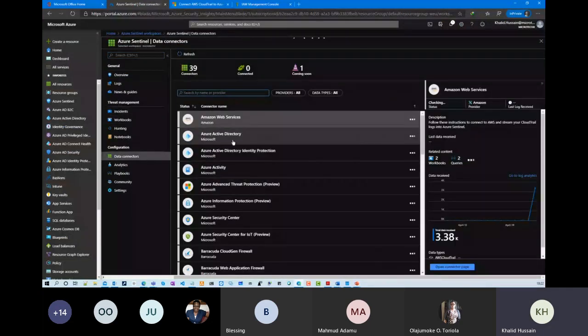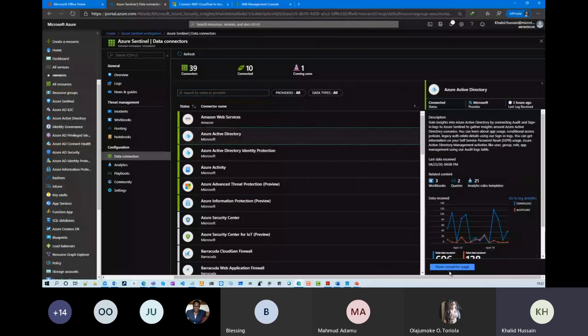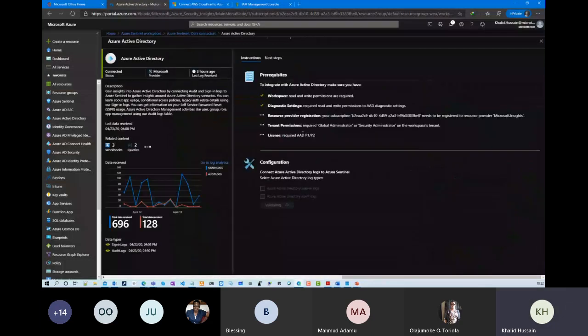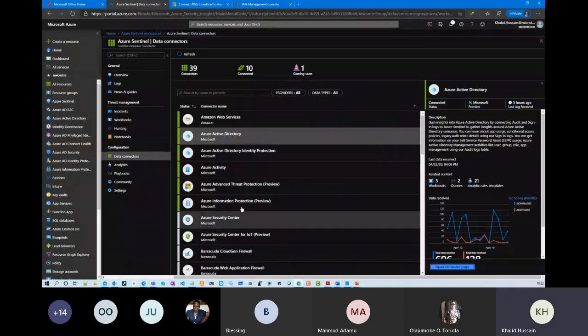In the data connector, it's pretty easy to integrate with Azure Active Directory. So I click it, that's it. It's a few clicks, that's it. Two clicks and then apply the changes. It starts pulling that data. In the same way,